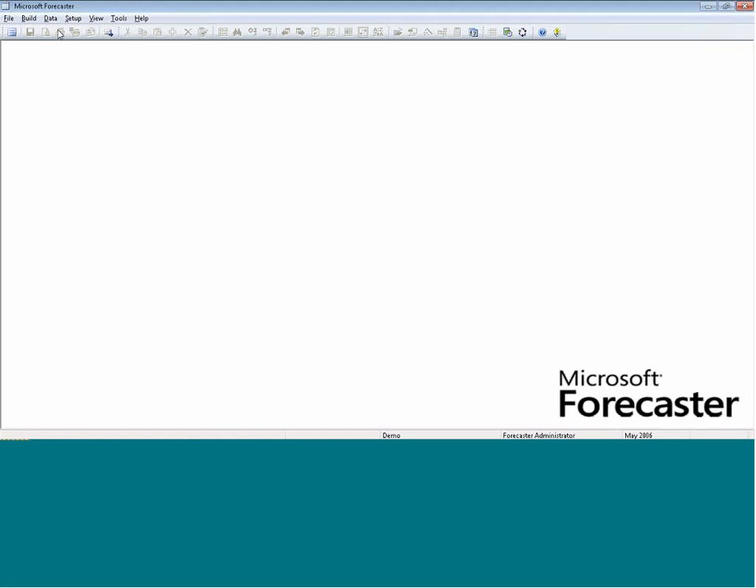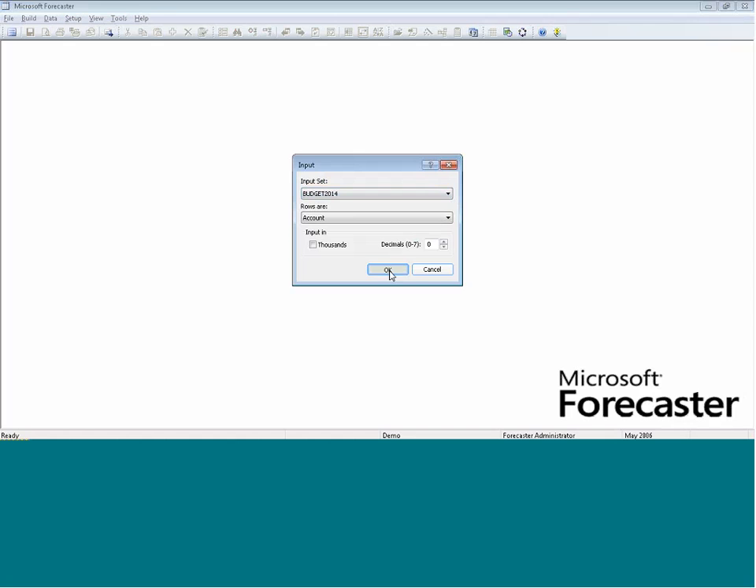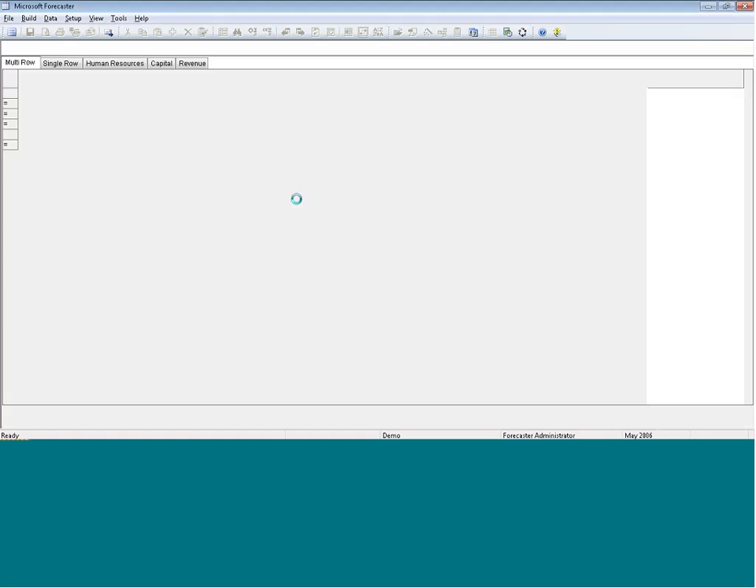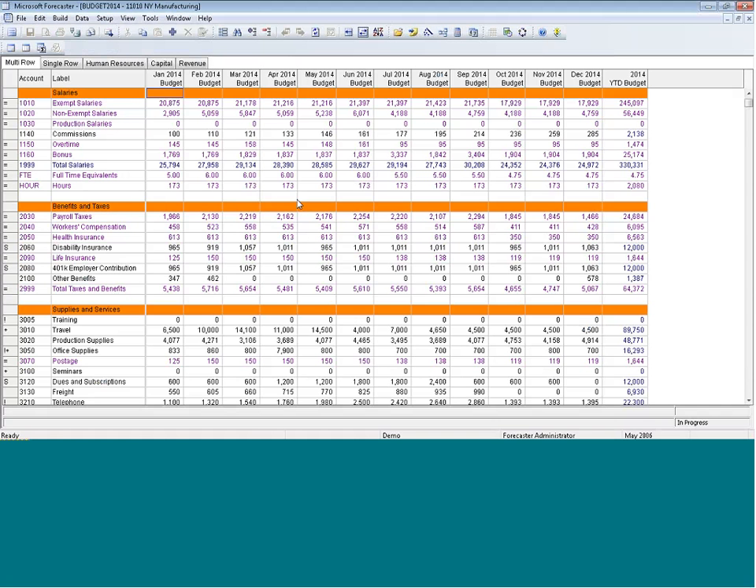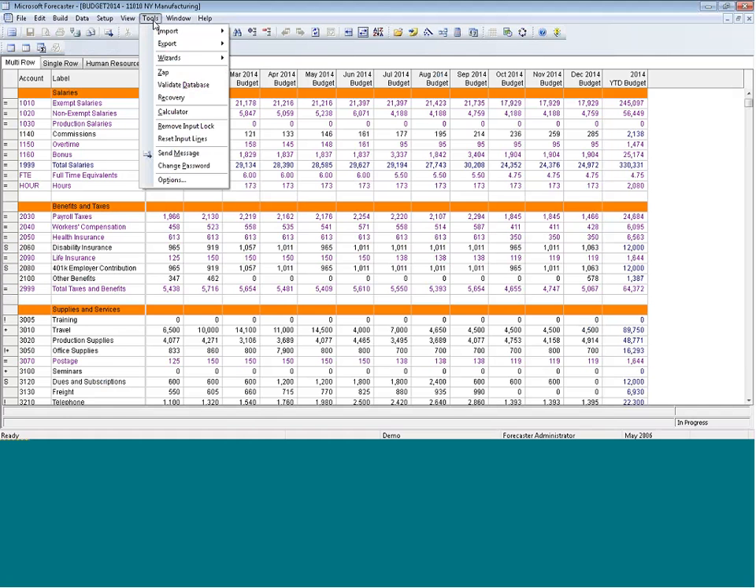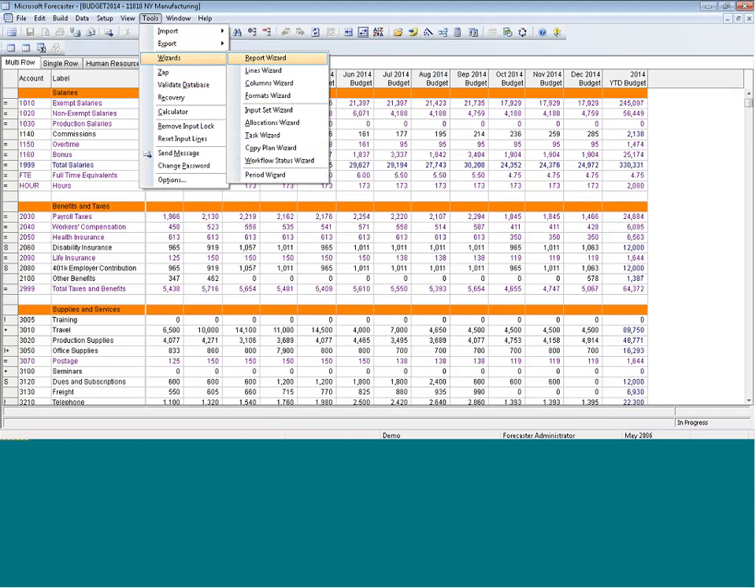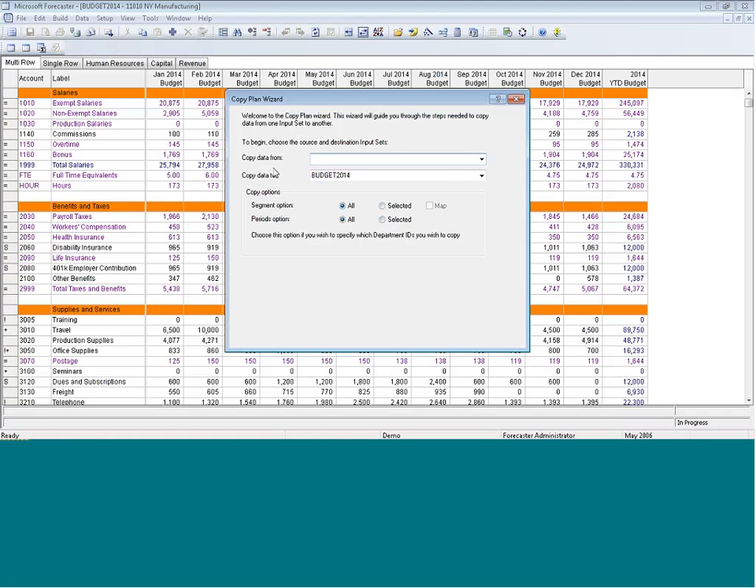Looking back at the data input screens for Forecaster, you can set up as many of these input screens as you need to. You can have as many different versions of the budget as you need. It's easy to copy one budget to another version using a wizard inside Forecaster. I just have to pull that wizard up under Tools and Wizards. There's an option for Copy Plan Wizard, and I can copy any budget I have in Forecaster